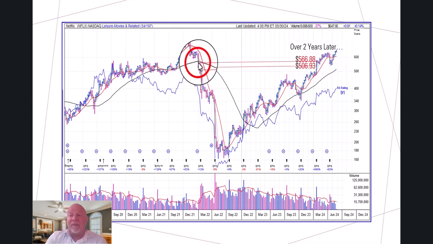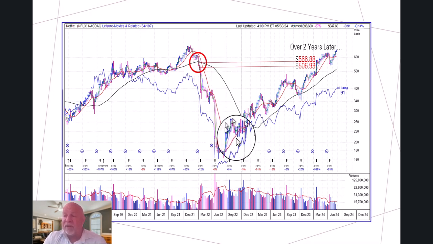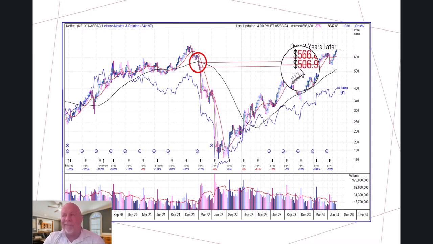So sometimes they just hang out there and you forget about them. So if you forget about them, you forget that there's something hanging around out there, and eventually it's going to get filled. So if you were smart and you started buying Netflix anywhere down in here, you started to say, well, you know what? Maybe it's going to go up and fill those gaps. And it sure did. So I don't know about you, but I find this to be a fascinating study.